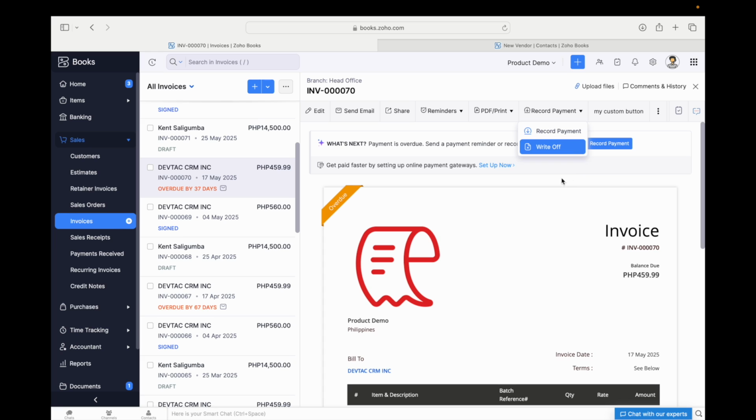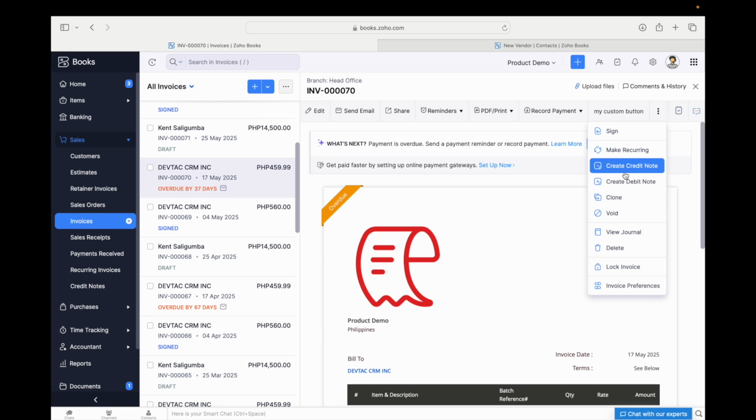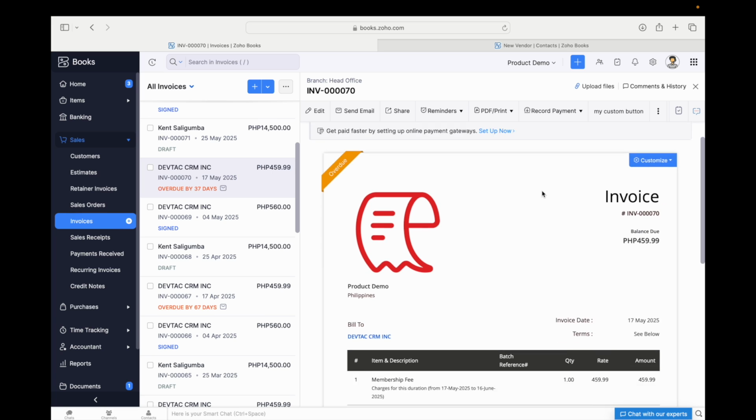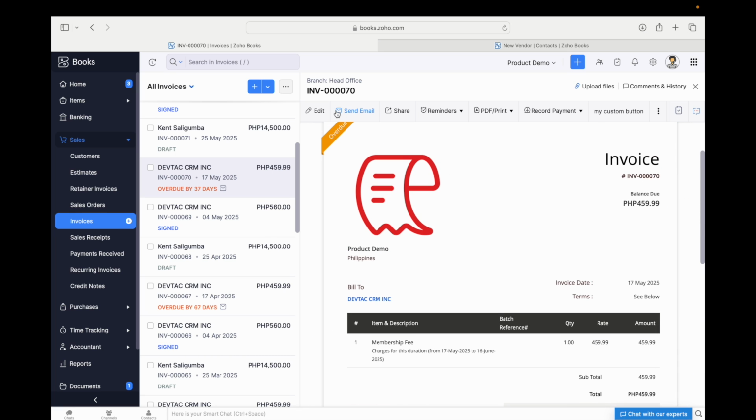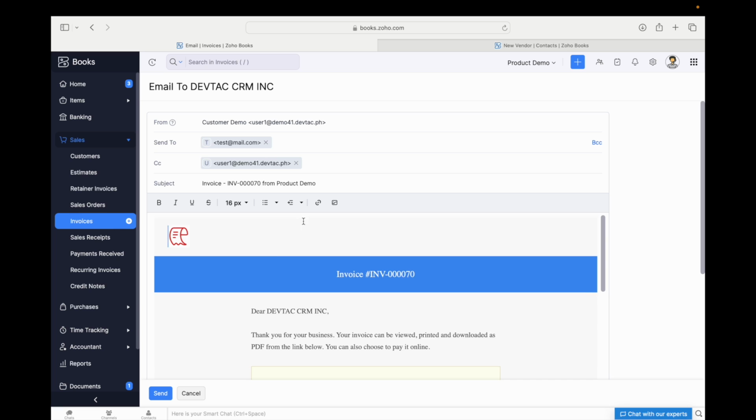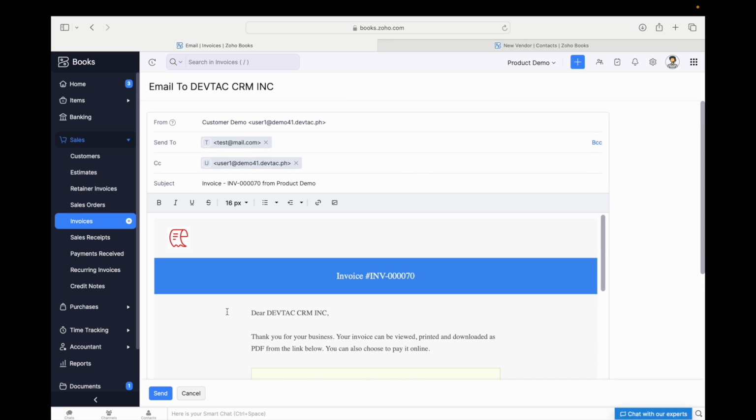So record payment and or send reminders for this customer, for this contact. All right, so you can make recurring. If you need to send a reminder, just click on the email to remind the customer,